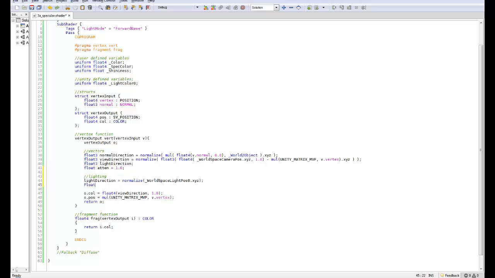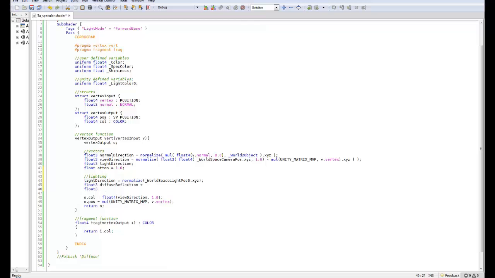So let's go grab a float 3, diffuse reflection, float 3, specular reflection. Let's calculate these. Right, so diffuse reflection is going to be the same as before. We are going to grab the attenuation times the light color. So this is light color 0.xyz, and then we want to multiply this by the max of